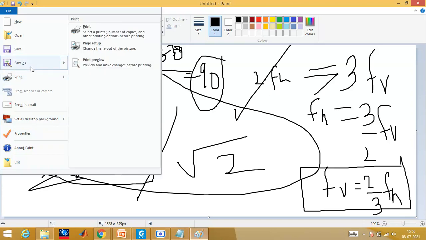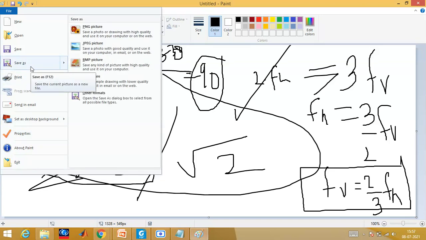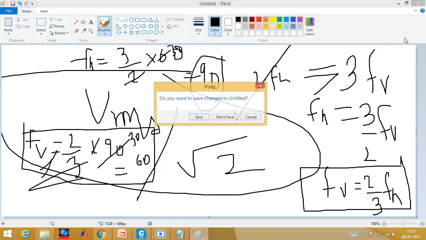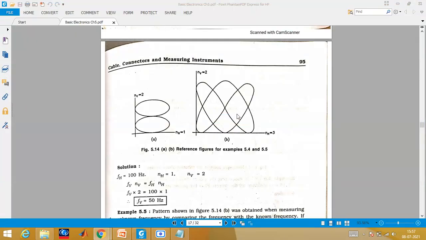Last time many people got the chance to prepare the question paper, I also did, so the majority of the questions came from my question paper, I believe. So this time also if they ask me to prepare the paper, definitely I will give such questions because these are very interesting and it will apply all sets of knowledge in Lissajous pattern. Even you will know how to check the x-axis, y-axis, how you can find out the unknown frequencies, how you can find out the value of NH and NV. So this is something very interesting.